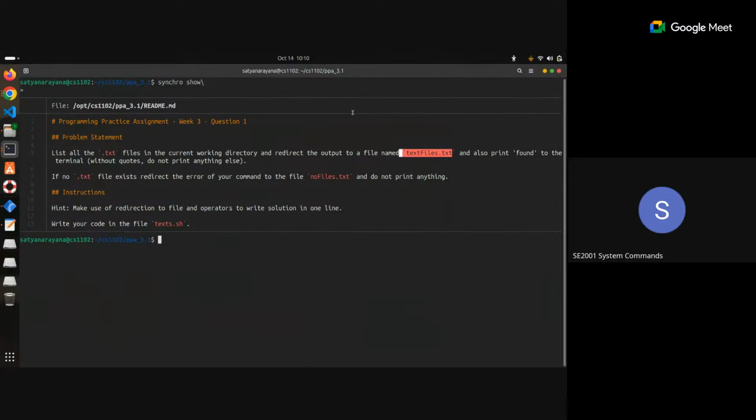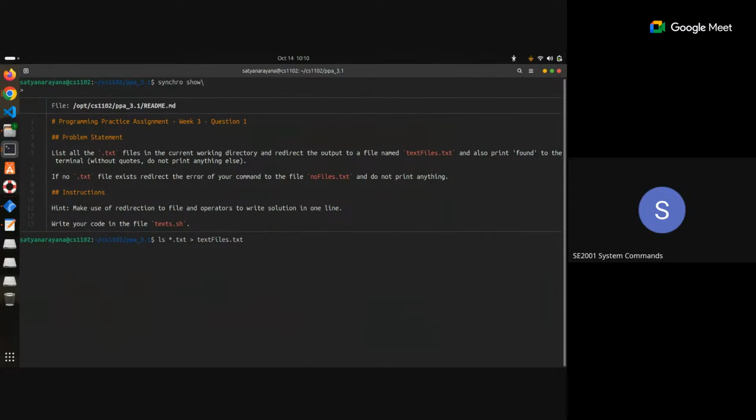So what we are supposed to do is, basically, I'm not opening any sh file yet. Let me check it once and twice. If all the text files exist, then we redirect this output to text files.txt. When it exists, if this particular command is successful, then the output is redirected. When it fails, as we know, the status of the particular command is going to be 2. So at that time,